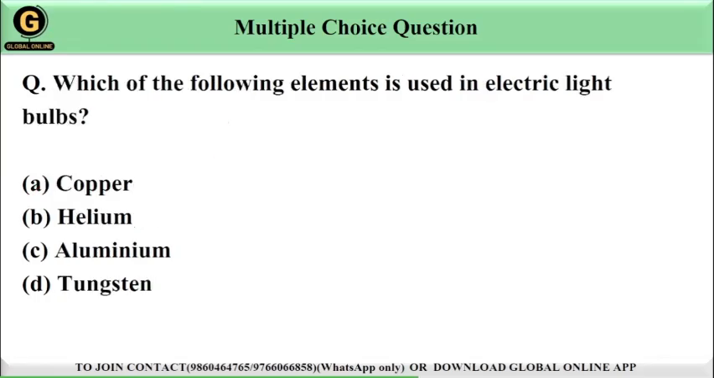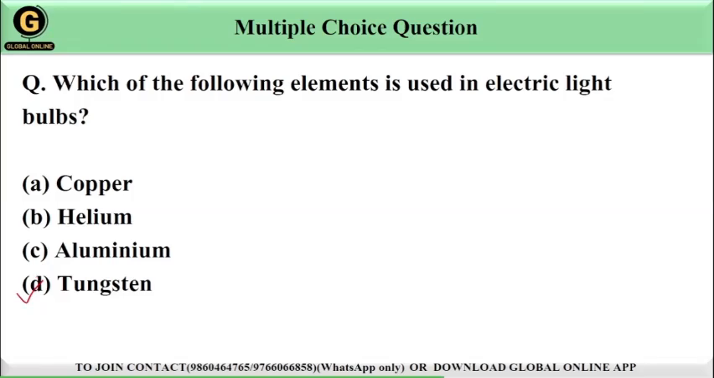Which of the following elements is used in electric light bulb? Options are given: option A, copper, option B, helium, option C, aluminium and option D, tungsten. Guys, the correct answer among the options will be option D, tungsten, because it is used in electric bulbs because